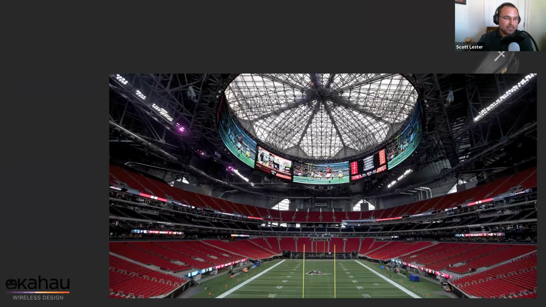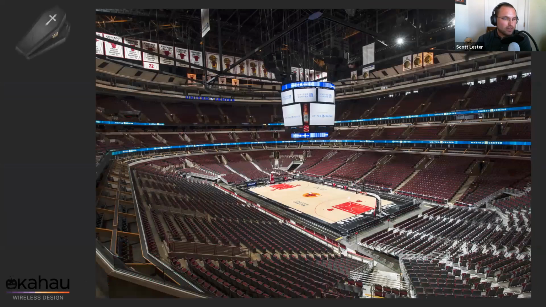So you can see a little bit. I just put a few different stadium architectures up to give you an idea of some of the types of environments that we work in. We're all familiar with what an athletic stadium looks like, whether it be a soccer field or football for you people over in the European regions.